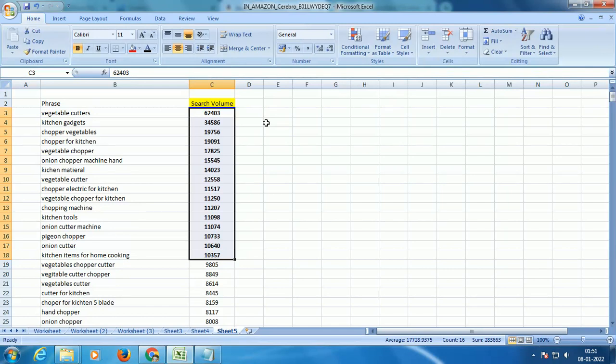Okay, and then comes your bullet points. When it comes to your bullet points, only your first 1,000 characters are optimized for SEO. When I say your first 1,000 characters, what you can actually do is split your bullet points into 4. Your first bullet point will have 250 characters, second one will have 250 characters, and vice versa. Now the thing here is, you could keyword stuff your title, but when it comes to bullet points, do not keyword stuff. Tell your story.